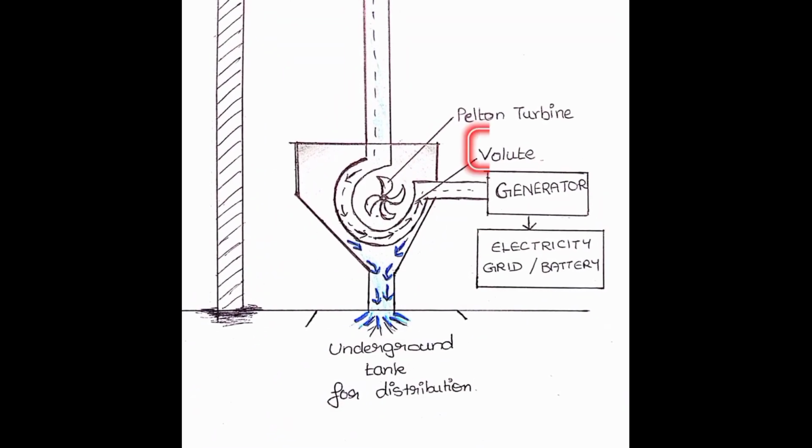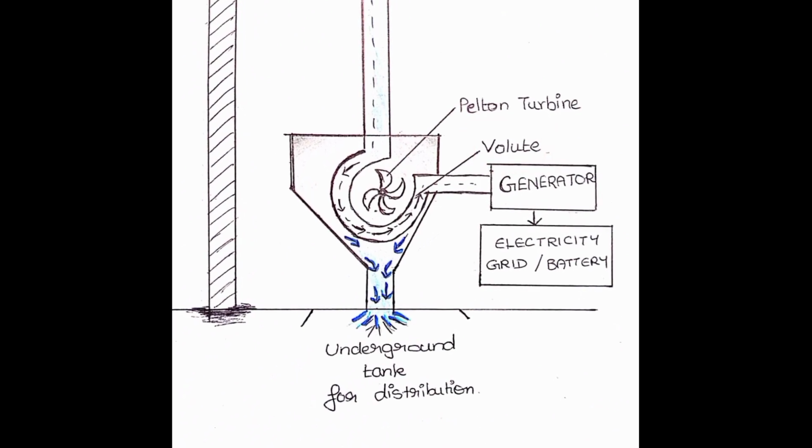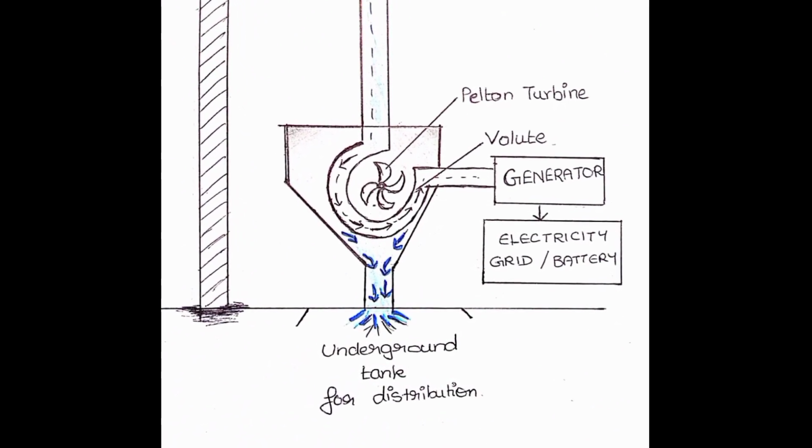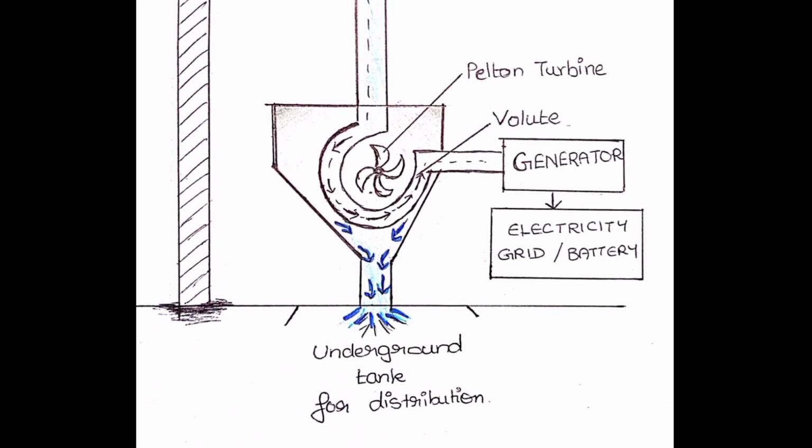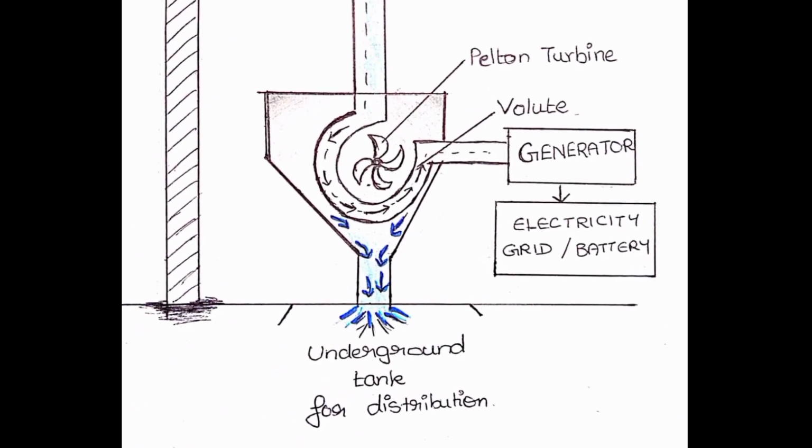But where can we install this micro power plant? There are many places like conventional overhead tanks, multi-story buildings, etc. But how can we install this inside the discharge pipe? Here is the design of a turbine chamber. Inside the chamber, we will have a volute to increase the velocity of water. This design will help get maximum RPM and also will help compensate for the pressure loss due to the placement of the turbine inside the discharge pipe.